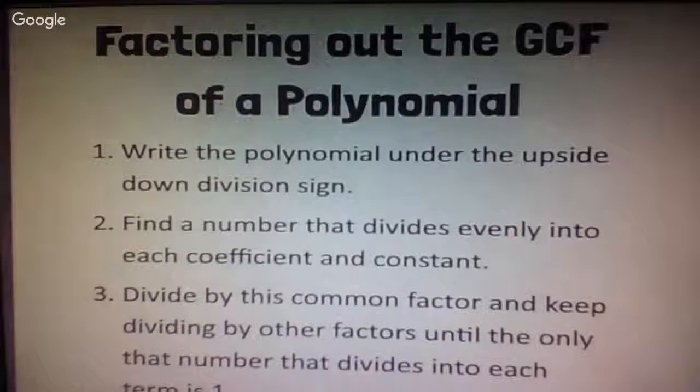Will we need a calculator? You may or may not, depending on your dividing skills. Okay, so